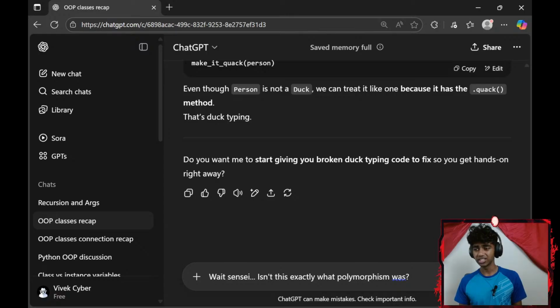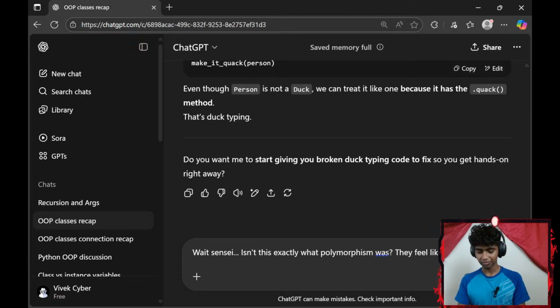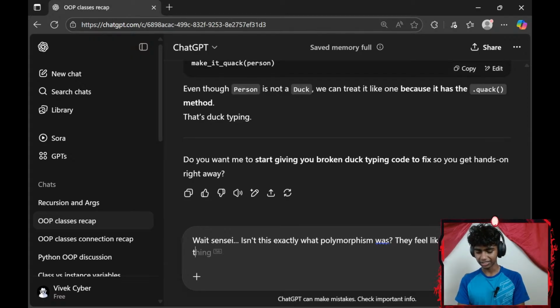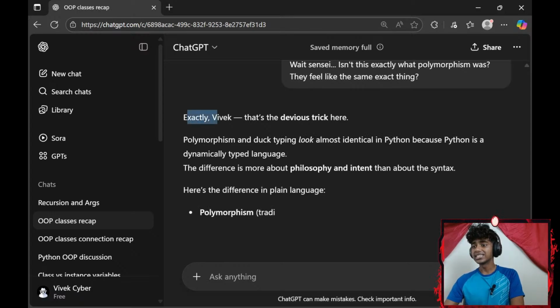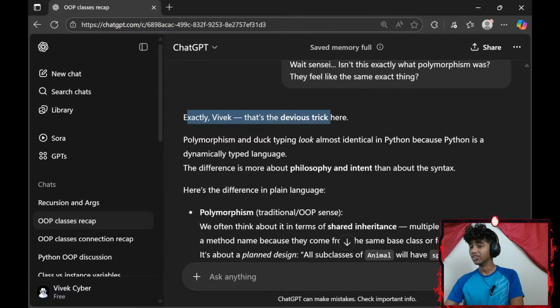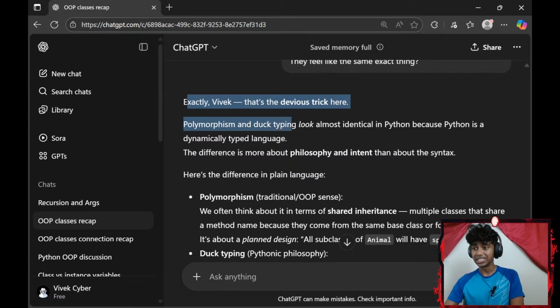Okay, wait, sensei, isn't this what polymorphism was? They feel like the same exact thing. Okay, exactly, Vivek, that's the devious trick here. Polymorphism and duck typing look almost identical in Python because Python is a dynamically typed language. The difference is more about